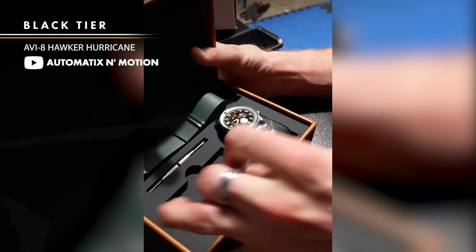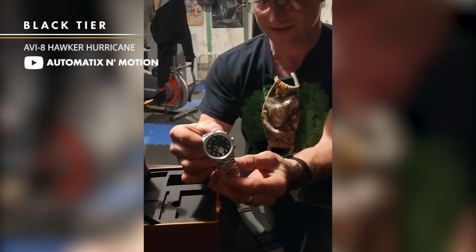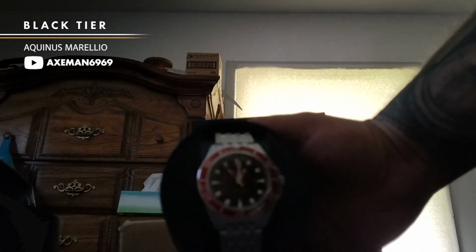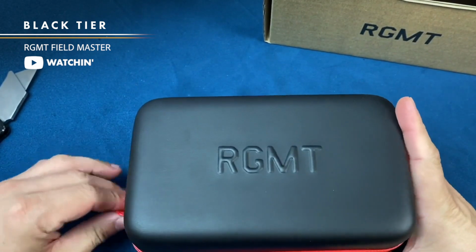Ooh, it's solid steel, limited edition. Wow. That is so nice. Here you go. Got a nice red outer rim, got a nice bezel. I'm actually impressed with this one. Let's see what we got from